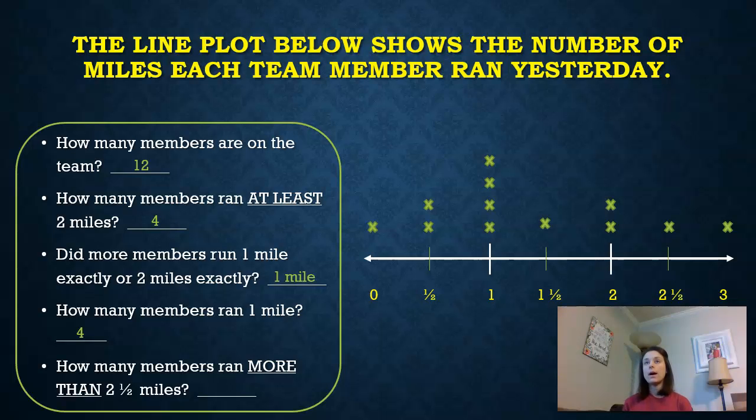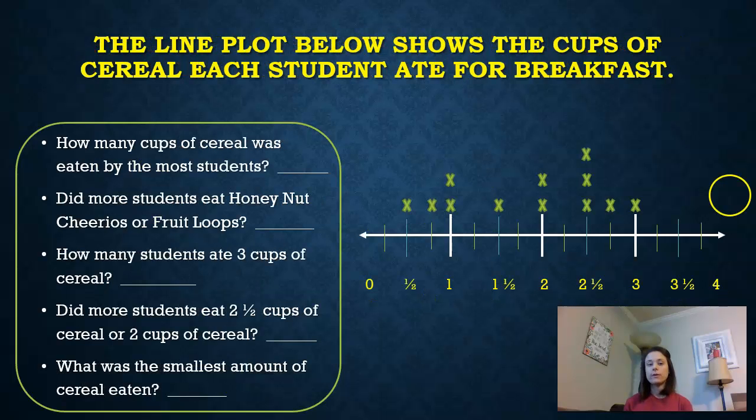So I don't want to know how many team members ran 2.5 miles or less, but I want to know how many team members ran more than 2.5 miles. So I look at everything to the right of my 2.5 on this line plot, it's just 3 miles, and I have 1 runner that ran 3 miles. So that's my answer. Okay, so our last example for today reads the line plot